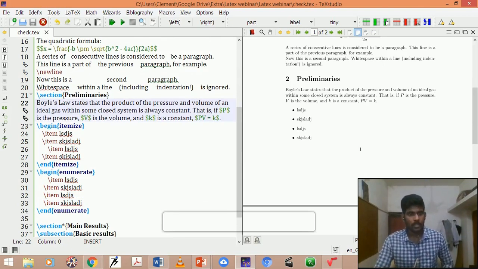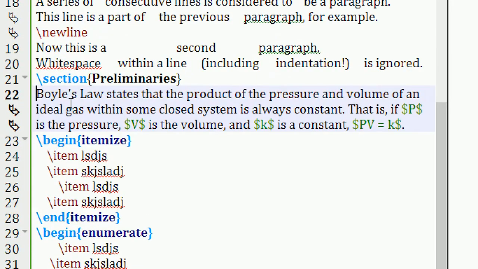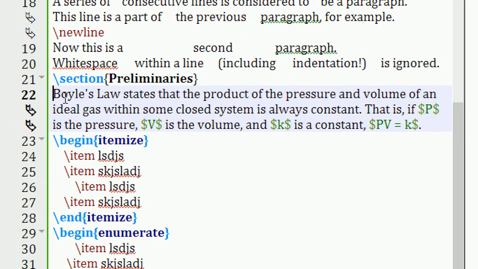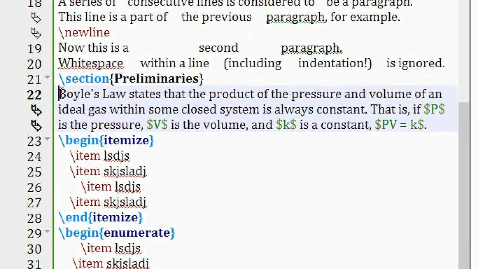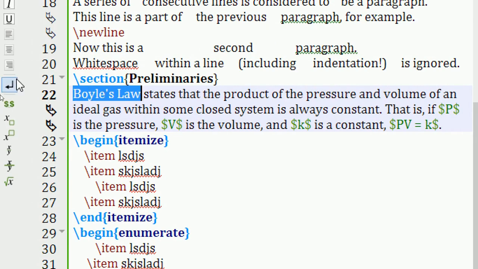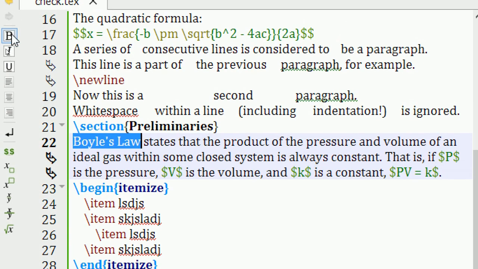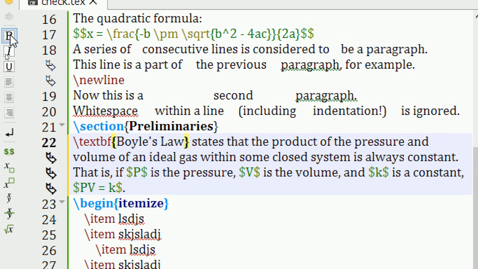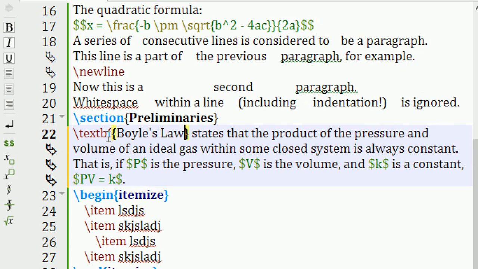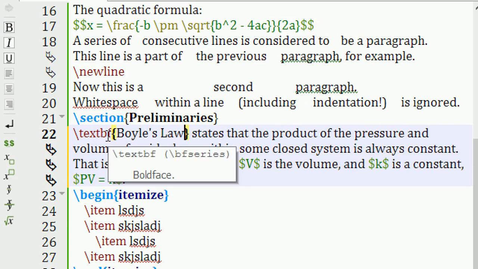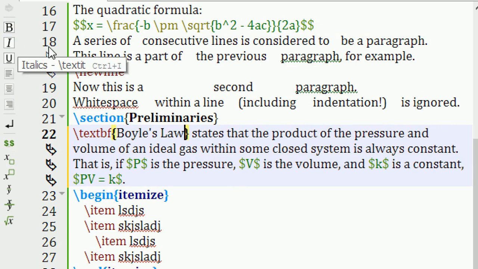Okay, one more thing. If you want to bold some text, for example, I just wanted to bold this respective name, like Ohm's law. Here I can simply select the text whatever content is required to bold, and use the option bold. So automatically it converts to code. It is not needed to memorize any codes. It was already provided in an easier mode.